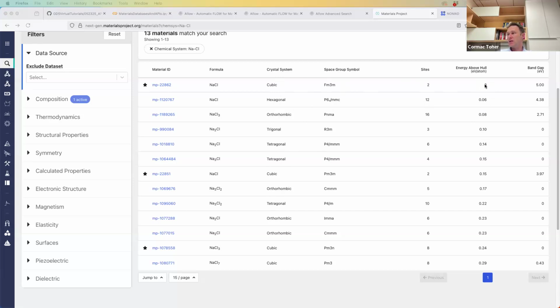So if it's 0, that means that that's the lowest energy system at that composition. It's actually on the convex hull, so it's a bit more complicated than that. But it also means that it's lower than any linear combination of any other two possible compositions. So here you can see that both of these have the same composition. So this means that this hexagonal structure is 60 millielectron volts higher in energy than the actual sodium chloride,